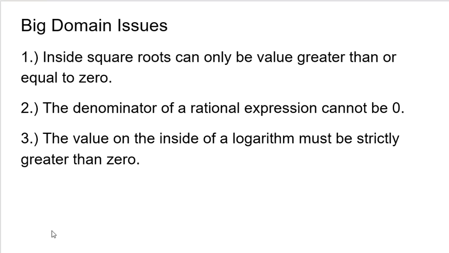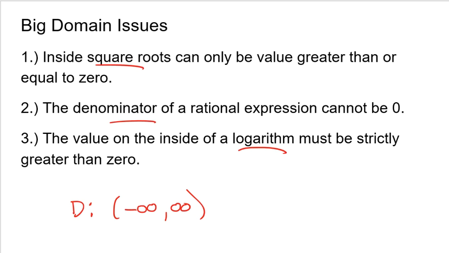So right now, at the very beginning of this, if you don't see a square root, you do not see a variable in a denominator, and you do not see a log, for the most part, honestly, the domain is going to be all real numbers. Now, I'm not going to say that that's 100% always going to be true, but for right now, it probably is. So remember, all real numbers means all values at the far left, negative infinity, to the far right, positive infinity. But if you do see any of these issues, square root, rational expression, denominator, or logarithm, then you need